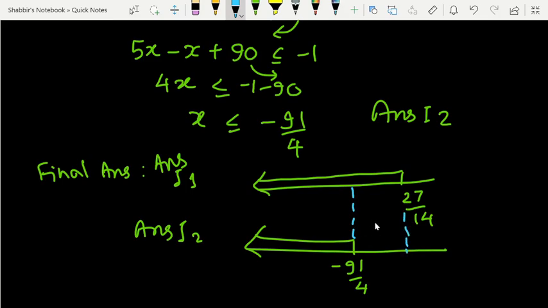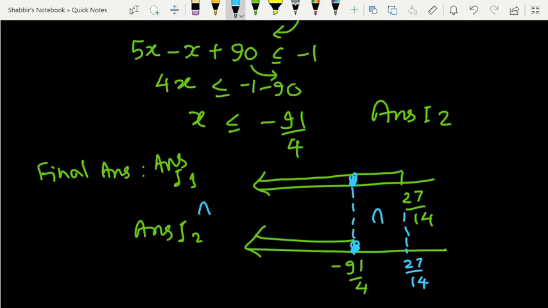And we will take the intersection of these two. So from minus 91 by 4 to this point, which is 27 by 14, we have nothing in common. So it won't be the answer. But from minus 91 by 4, which is included here, 91 by 4 is also included here also. So the intersection of these two would be